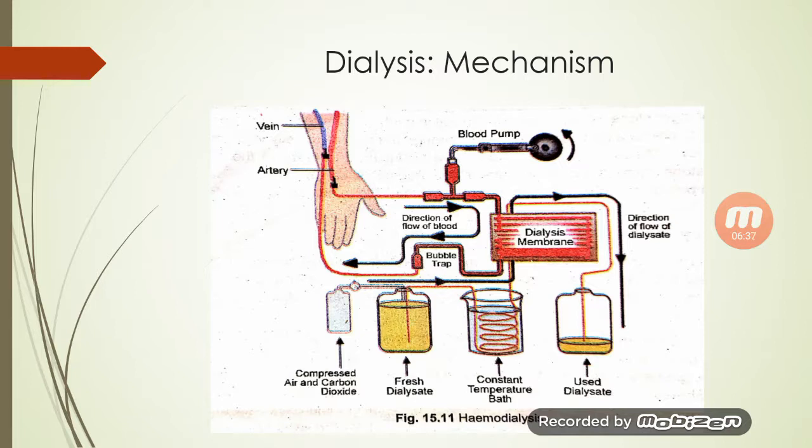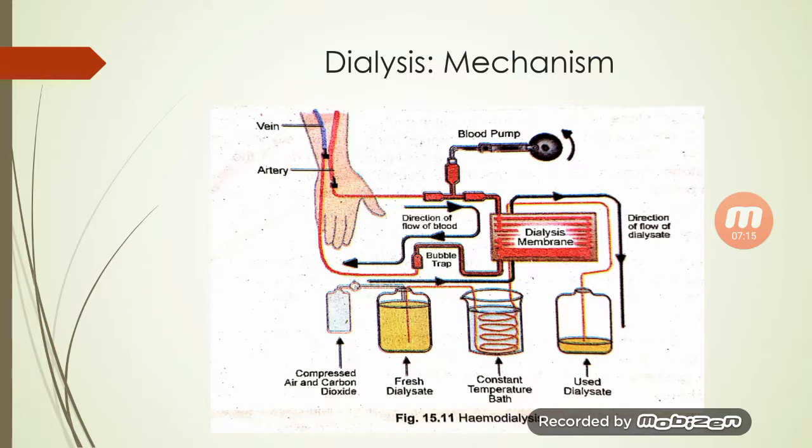A diffusion gradient is maintained inside these membranes for the removal of nitrogenous wastes and excess water from the blood. A catheter is inserted into the blood vessel, usually in the arm, and the catheter is a tube. It routes the blood circulation externally into the machine, and when the blood of the patient enters the machine,